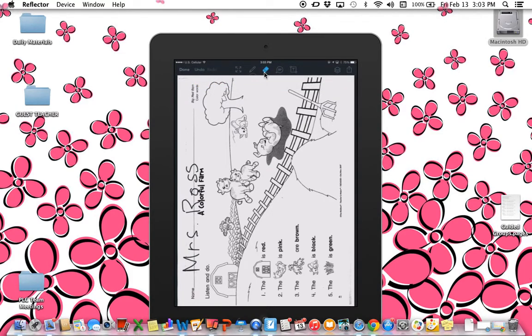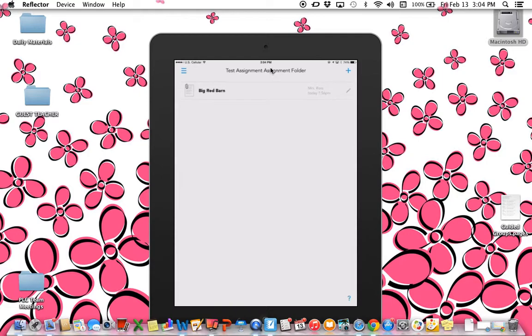Next icon they have is the eraser, which allows them to erase what they have written. And then this is comments, where they can tap to add comments. Except it's not bringing it up right now. But for my kids, I don't use the comments or the other feature here to create a text box. So I just use these first three options. And I use this, as you can see, the classes that I have. And then they would just keep going back